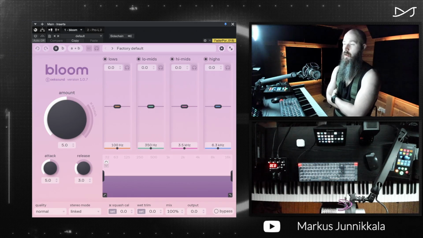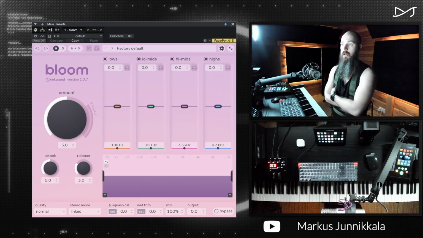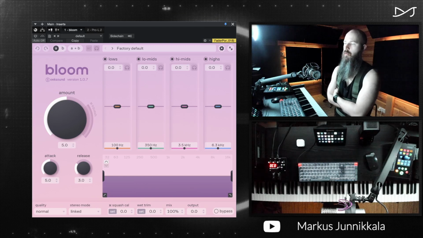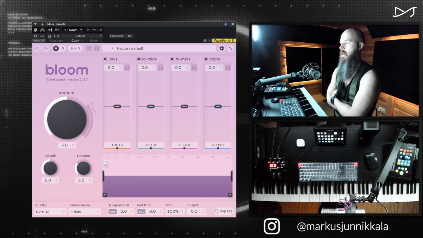And to me, iZotope is maybe the most edgier sounding of them. You know, when I say harsh, I don't mean it sounds bad. It's just edgier sounding to me, sort of more aggressive. Bloom